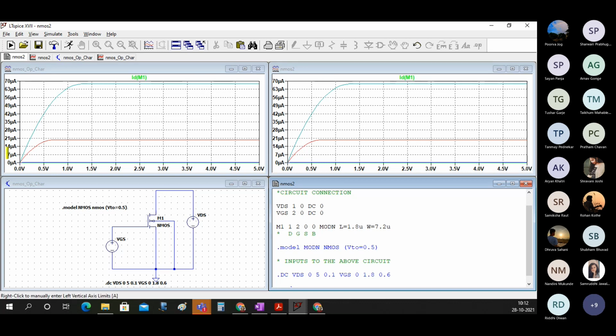You should check these current levels, and these current levels should be absolutely same. Okay, Jose, you are getting the correct output. Good.